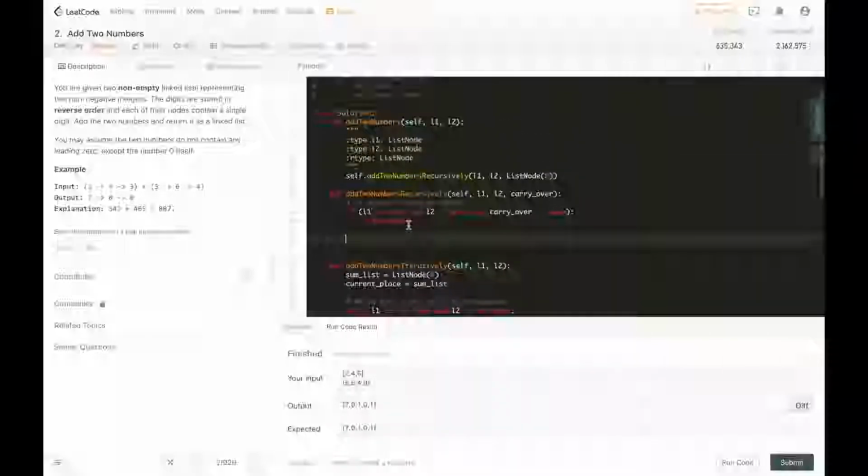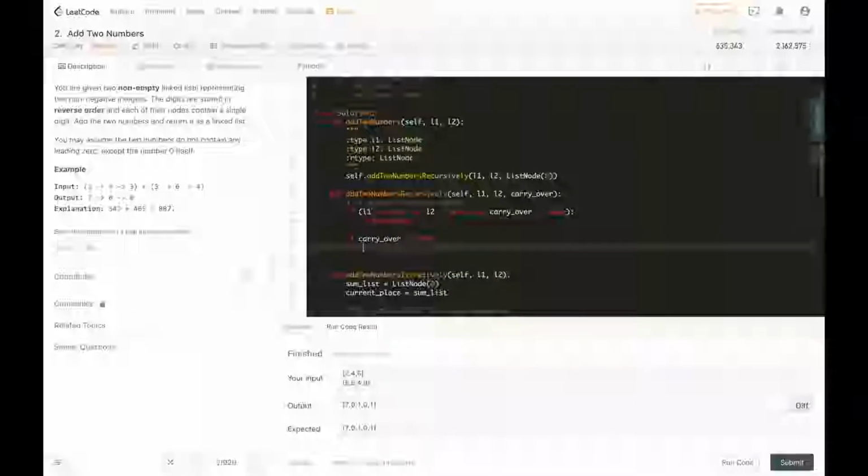We're going to make that starting element in the output list's next value. So if it's unspecified, then we're going to say carry over equals list node 0. So in this scenario, 2 and 5 yield 7, and then we're going to call this recursively